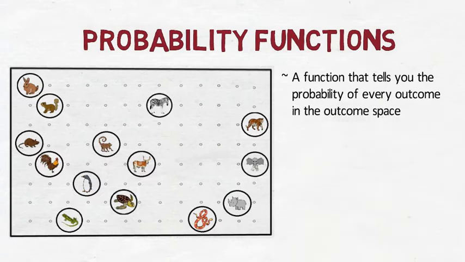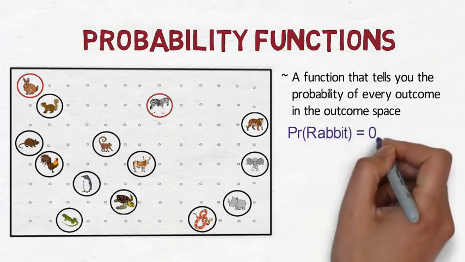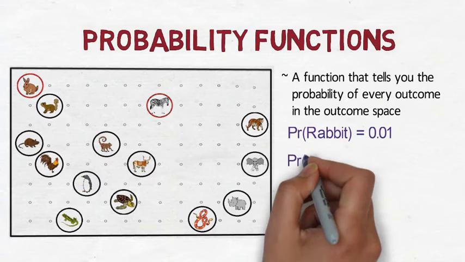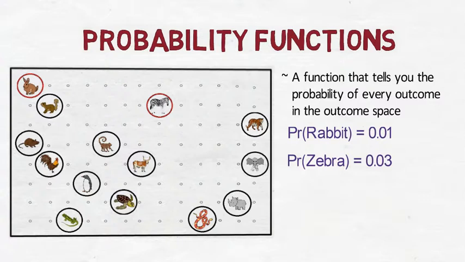For example, a probability distribution might say that there is a 1% probability, or equivalently a probability of 0.01, that the animal that you see in the next exhibit will end up being a rabbit. And it might also tell you, for example, that there is a 0.03 probability that it will be a zebra. It will continue and do this for each and every single one of those specific outcomes. In this case, we could write that down as the probability of rabbit equals 0.01, and the probability of zebra equals 0.03. And thus it continues until the probability function has assigned a value for each and every single one